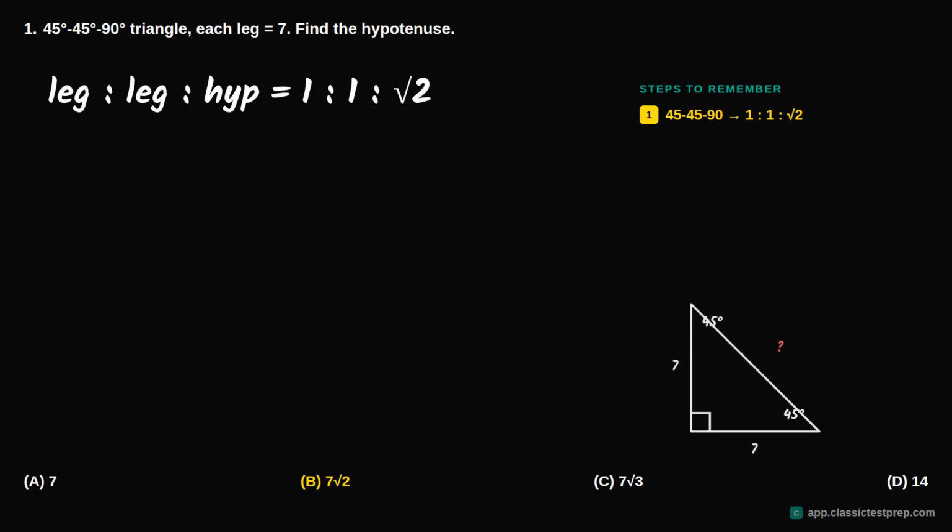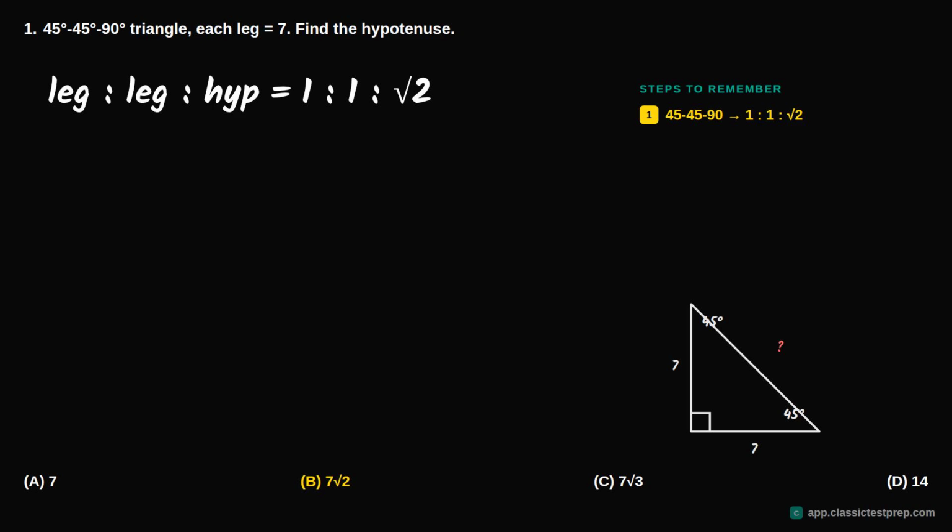Let's talk about special triangles on the ACT. Question 1. In a 45, 45, 90 triangle, each leg has a length of 7. Find the hypotenuse. So step 1 is to know the ratios for special triangles, 45, 45, 90 triangles, and 30,